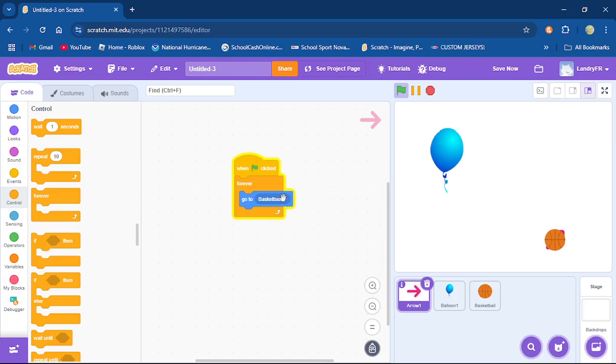Oh, no, I don't like it going to the basketball. I want it to go to the balloon. Bam, it's going to go to the balloon. And it's going to position itself where the graphic of the balloon is positioned, centered on the screen. So it looks like it's underneath the balloon, but really the graphic starts way down here. It does not start here. It starts here, and then it's basically hitting the middle of the balloon.